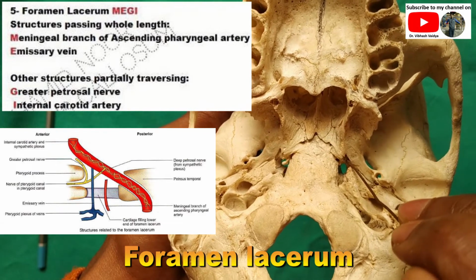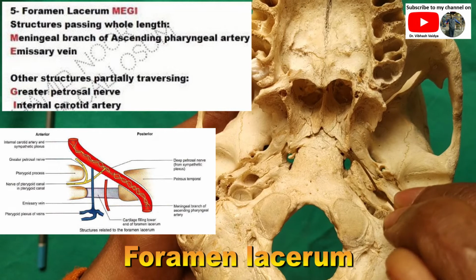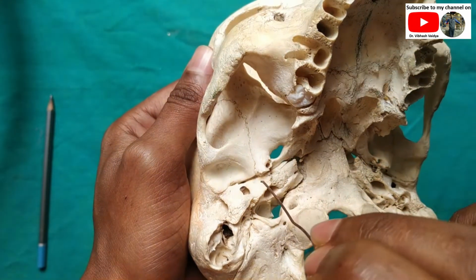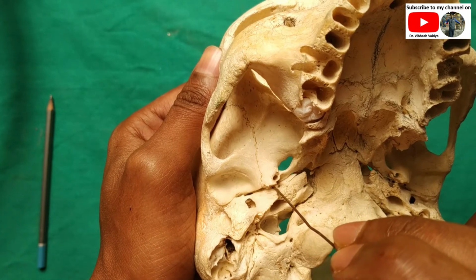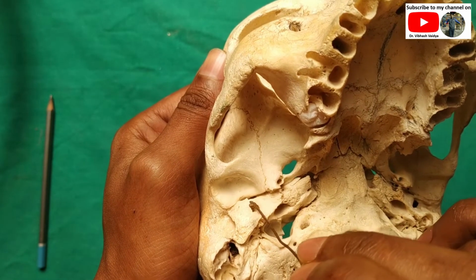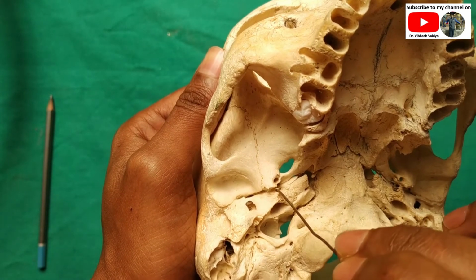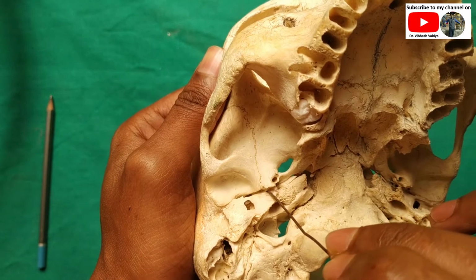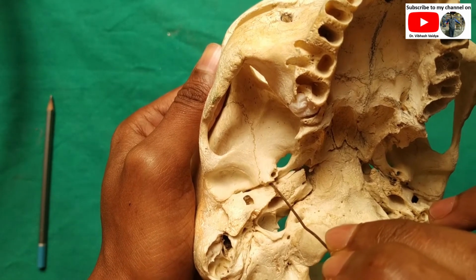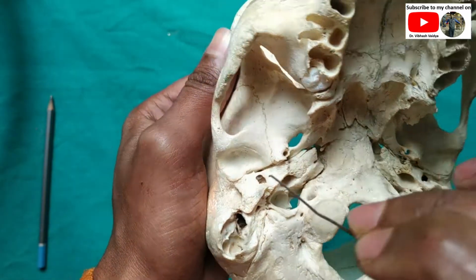This is the anterior wall of the lacerum, and it leads through the pterygoid canal. Then you can see here, this is the pterygotympanic fissure. This is the medial part of the pterygotympanic fissure, and this is the lateral part. The medial end of the pterygotympanic fissure transmits the chorda tympani nerve, the anterior ligament of the malleus, and the anterior tympanic artery.